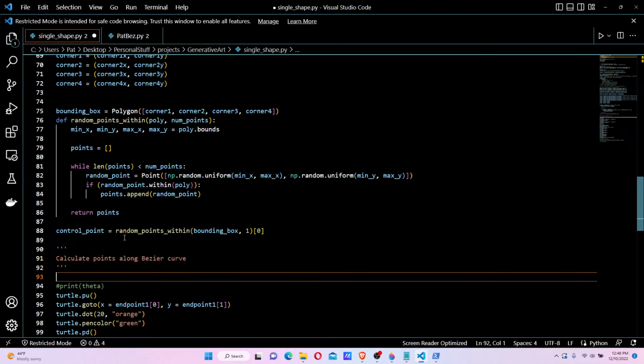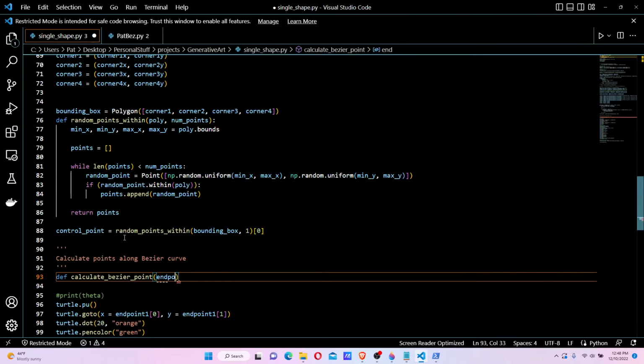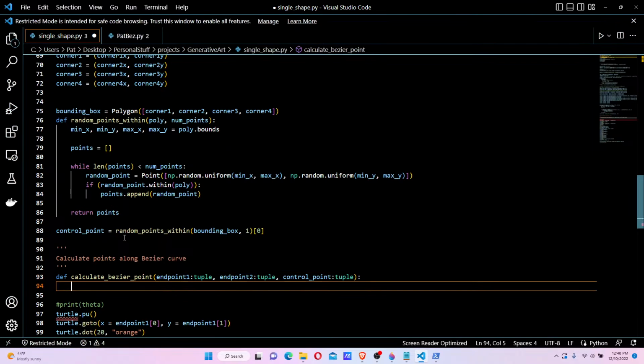So I'm gonna define calculate Bezier points, and we should get endpoint 1, which is a tuple, endpoint 2, which is a tuple, and control point, which is also a tuple. Okay, now